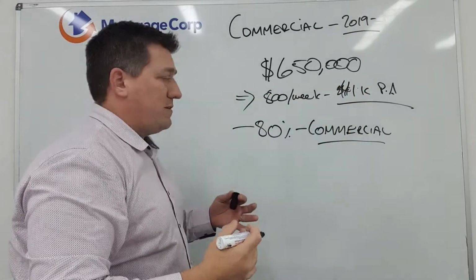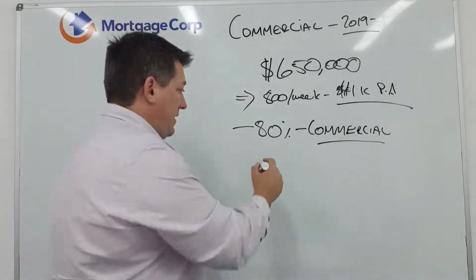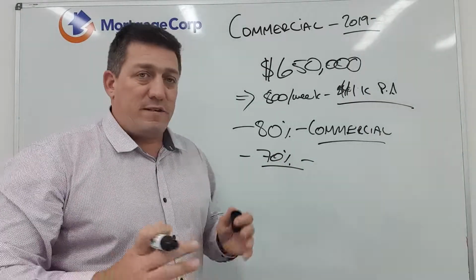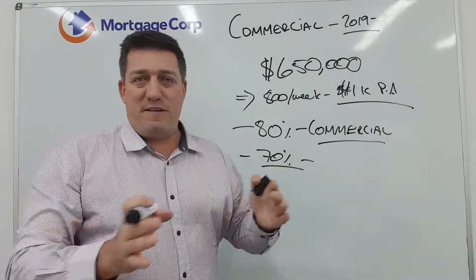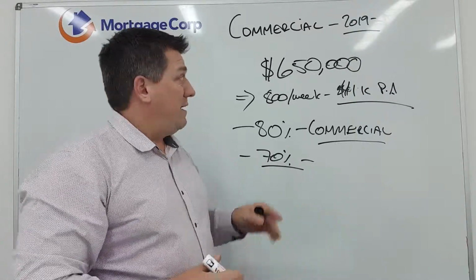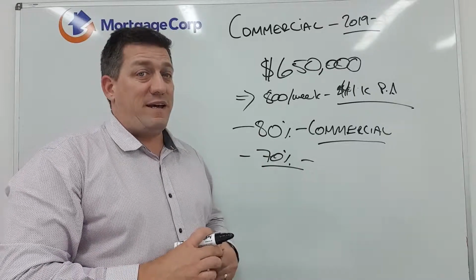When we did our figures and showed the rental return versus the $41,000 per annum in rent versus the interest, we were able to show the client that in this particular example, he only needed to borrow 70%. Most commercial property lending is between 50 and 70. There are products that allow us to go to 75 and 80. And with the lease doc, in this particular example, we were able to show him how to get up to 80%